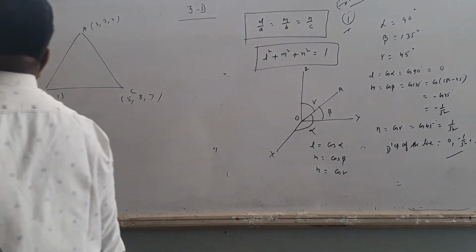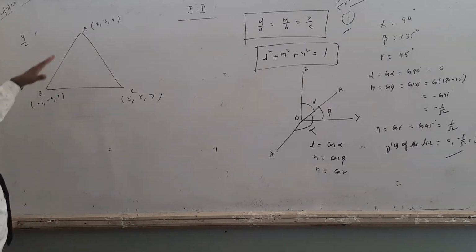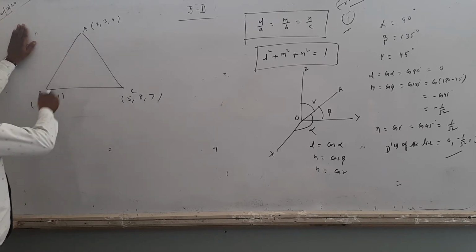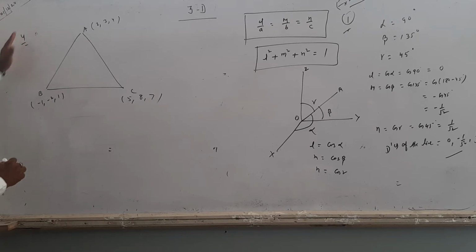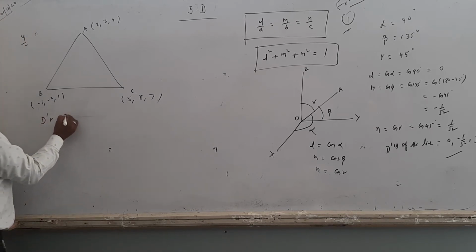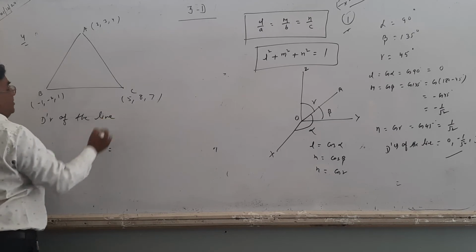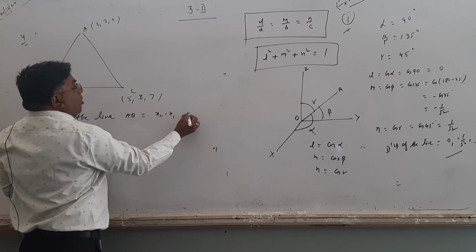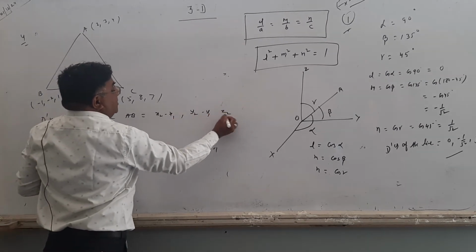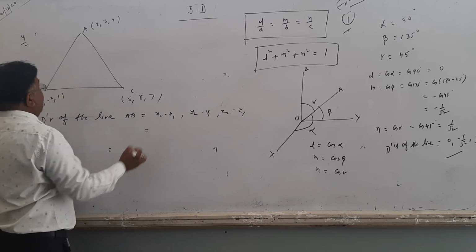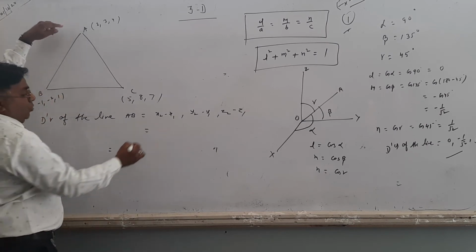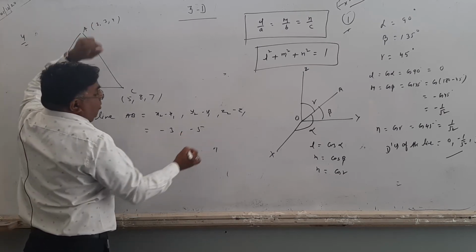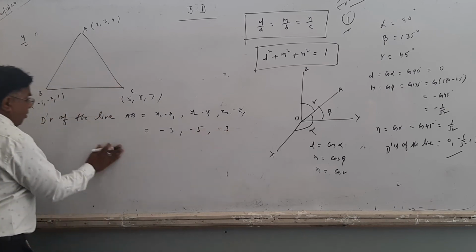Now find the first thing. Now find the direction cosine of side AB, side BC, side CA. This is the 5th question. In this condition 2 points are given. First thing, find the direction ratio. Now find the direction ratio of the line of the side AB. Now what is the formula of direction ratio? x2 minus x1, comma y2 minus y1, comma z2 minus z1. So the direction ratio of line AB is -1 minus 2, that is -3, -2 minus 3, that is -5, and 1 minus 4, that is -3. This is the direction ratio of side AB.